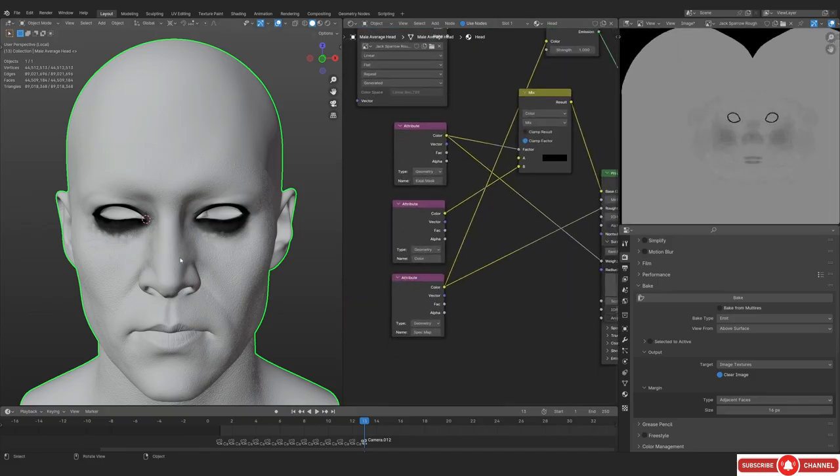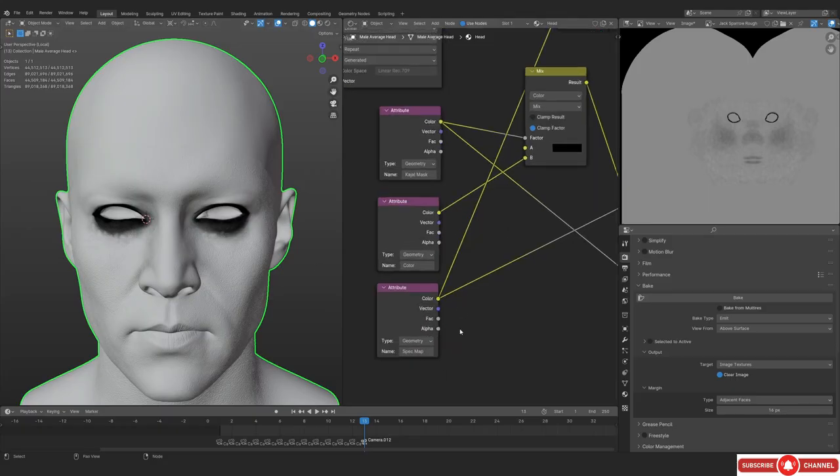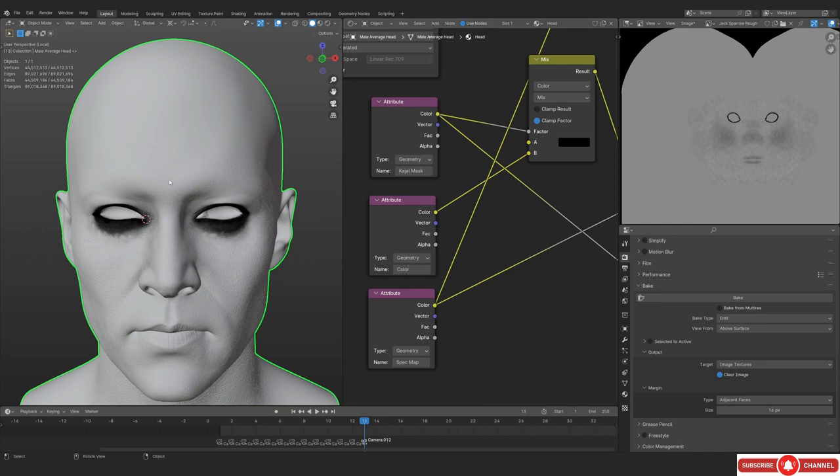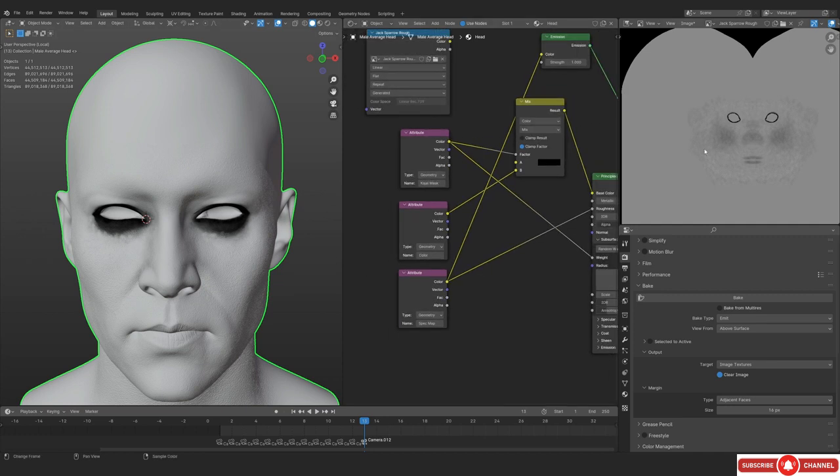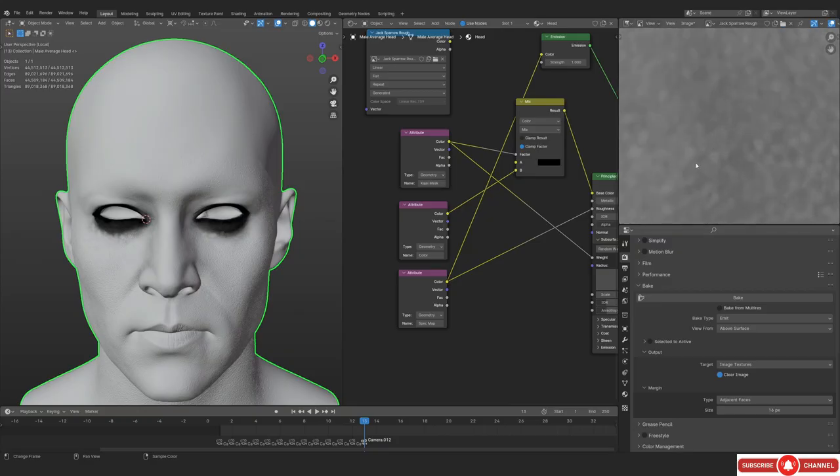So first thing first, you can see that I have actually baked all the maps. Alright, so I guess this worked. You can see that we baked all the maps. So this is the roughness map, and you can see that I've actually named it correctly this time. Instead of spec map, I've named it roughness map, because let's just be honest, that's what this map actually is.